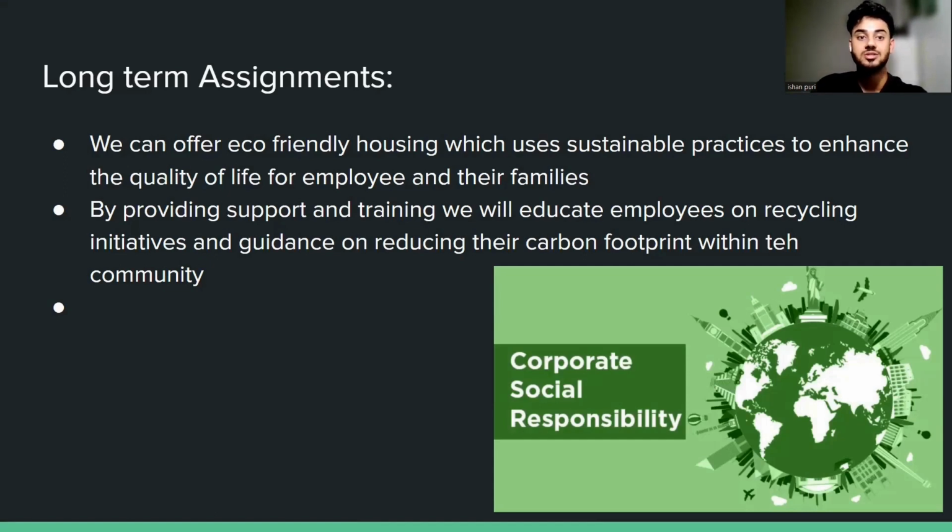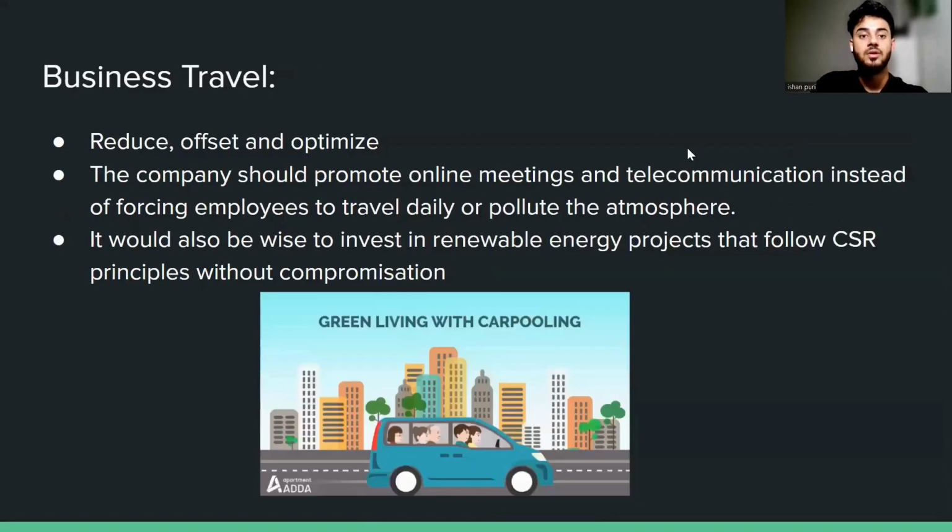in their new locations. These could include information on local public transportation, access to recycling facilities, and guidance on reducing their carbon footprint. This not only encourages sustainability, but also helps employees settle into their new homes more easily and supports community engagement and sustainability initiatives. Next, we have business travel. Business travel is a significant contributor to a company's carbon footprint, and so Woolworths can easily integrate corporate social responsibility